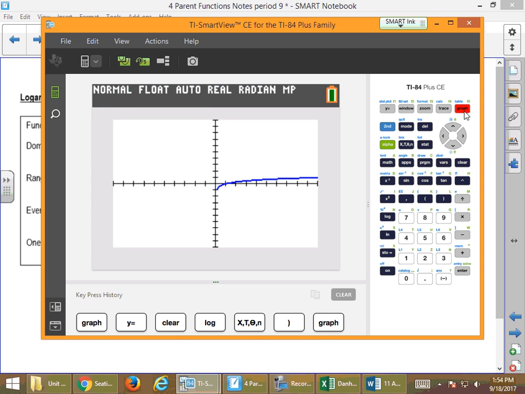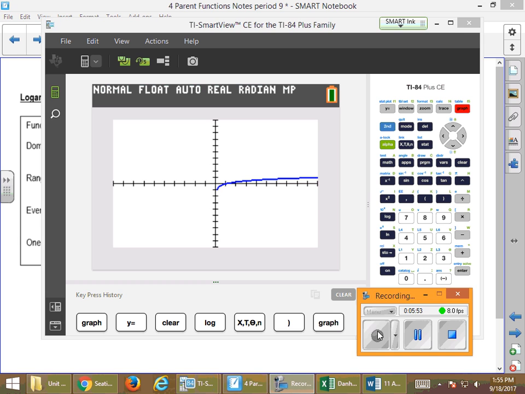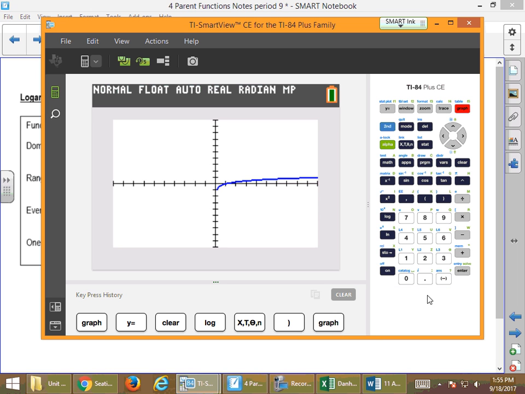And remember, the calculator is limited on its graphics. So there's the picture, but it does continue down, but it doesn't touch the y-axis. The graph doesn't touch the y-axis. If we go to our table,